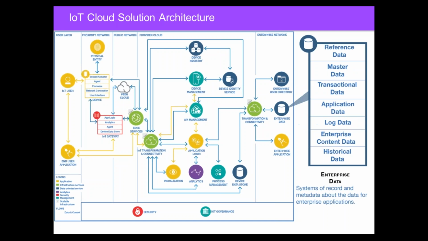If we move to the next slide, enterprise data, this is where we're going to get context. There's all kinds of data that we may want to either add to an enterprise store or read from that so that we can get better context about a device. And it typically can range from anything from historical data to reference data. If we're talking about something in an industrial setting that we're managing, I might want to understand when did we buy it, how long has it been in service, what kind of previous service history we've done to it, those kinds of things that I want to understand.